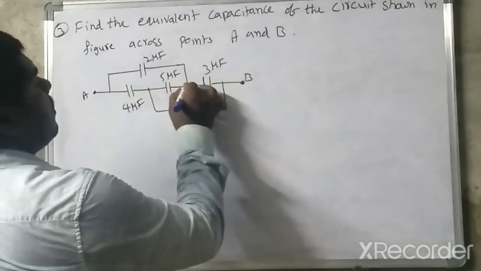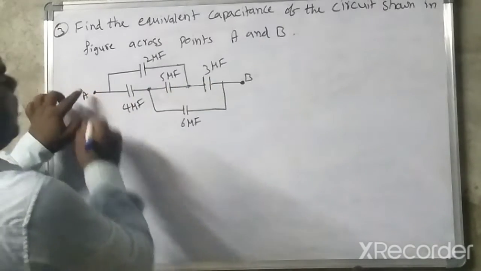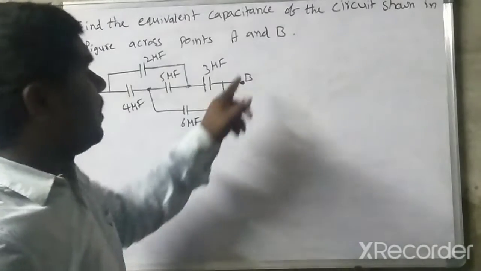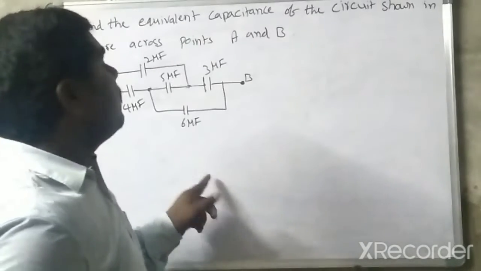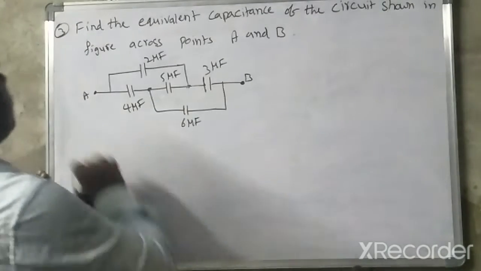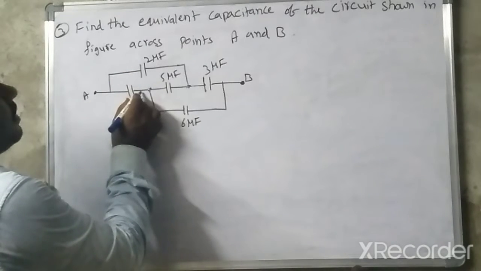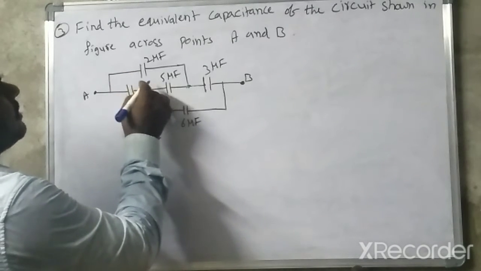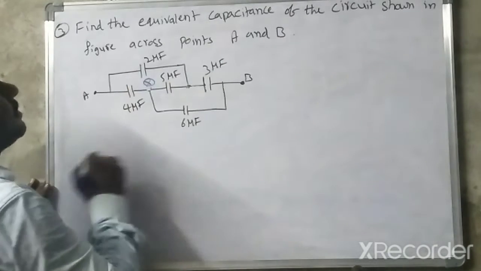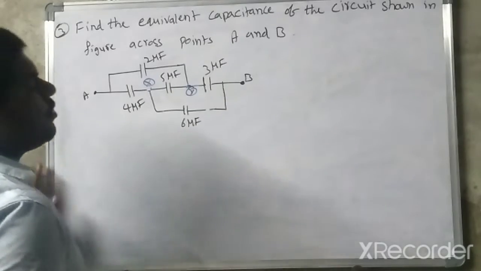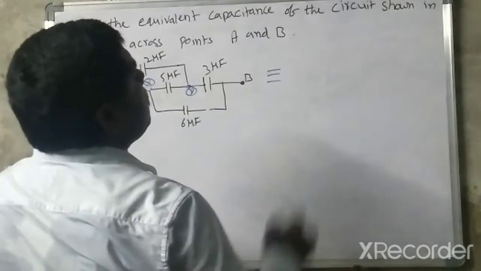So here let us consider these two are at different potentials. Here the battery connects A terminal to battery positive, B terminal to battery negative through a switch. Whenever the switch is on, crossing the capacitor there is one more potential difference. Let us consider this nodal point X, and this one is Y. Here two different potentials are there. So you may redraw the circuit.